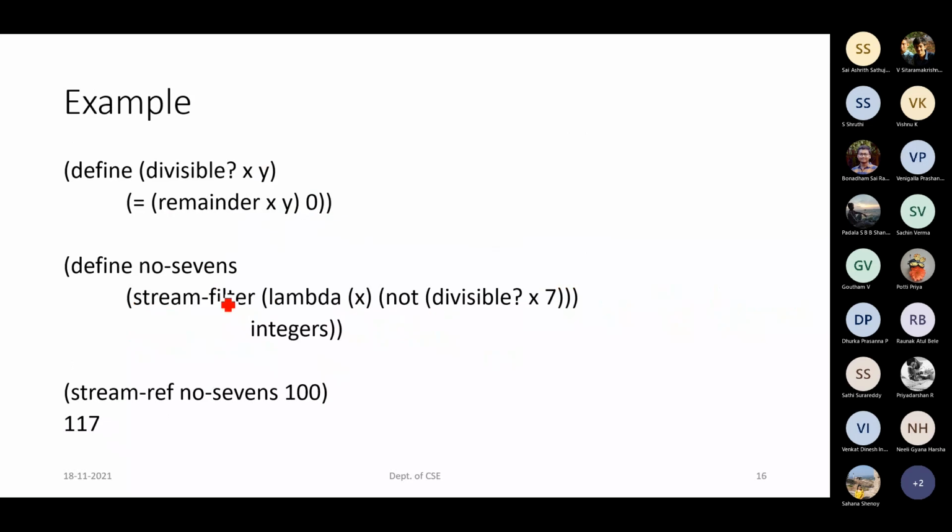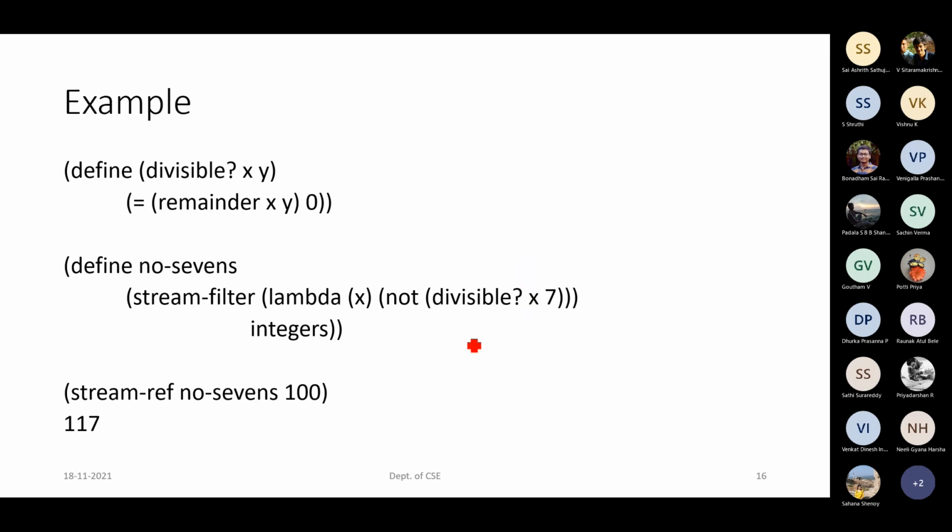Now when we are applying stream filter, first we will have the value 1. 1 modulo 7, the remainder will be 1 itself, so it is not divisible by 7. So it will be listed as the first value in no 7s, since it is starting from 1 onwards.